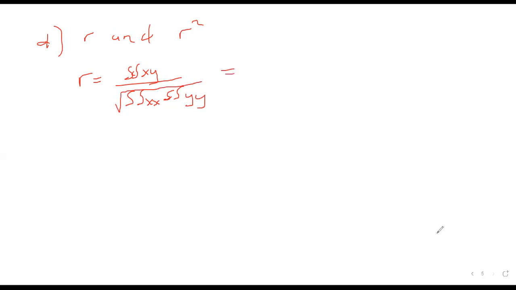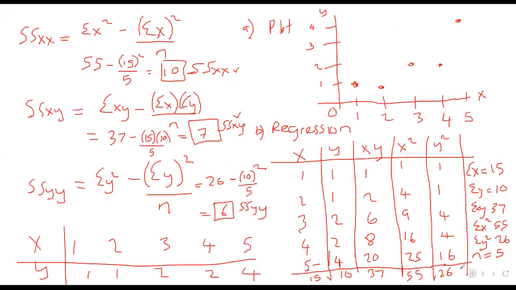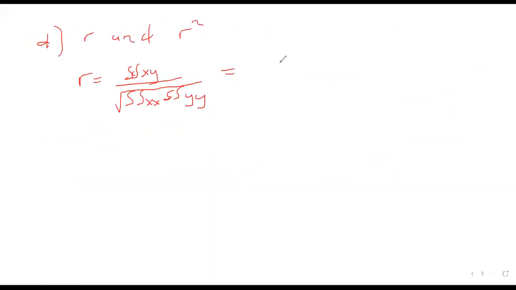So our xy, if we go here, was 7. Xx 10, yy 6. So it's 7 over the square root of 10 times 6. Square root that, going to get